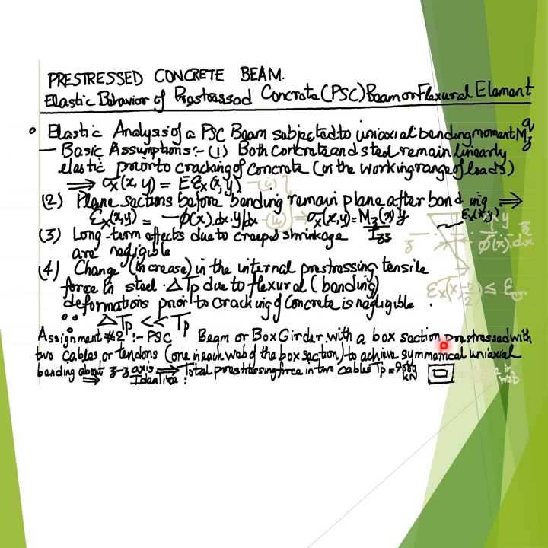Therefore, assigning the representative geometric properties of the box section, such as the representative moment of inertia or the second moment of area about the major axis ZZ, and the area of cross section of the box section to the equivalent rectangular section, the elastic analysis of the pre-stressed concrete beam will be performed based on the fundamental assumptions 1, 2, 3, and 4 listed in the present slide,